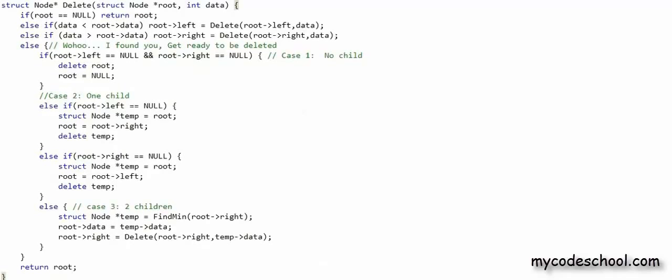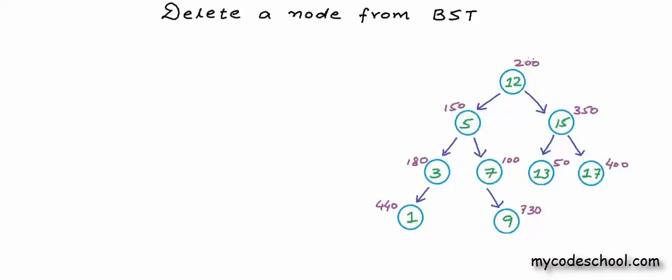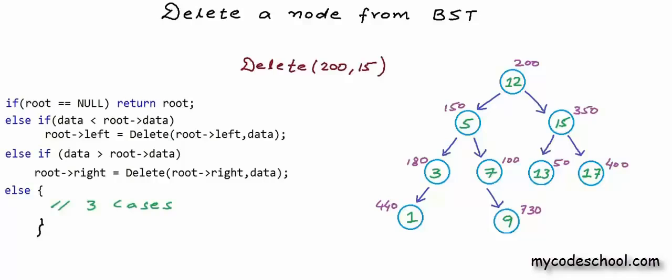Let's quickly run this code on an example tree and see if this works or not. I have drawn a binary search tree here. Let's say these values outside these nodes are addresses of the nodes. Now I want to delete number 15 from this tree, so I'll make a call to the delete function passing the address of the root, which is 200, and 15, the value to be deleted. In the delete function, for this particular call, control will come to this line. A recursive call will be made. Execution of this call delete 200, 15 will pause, and it will resume only after this function below,